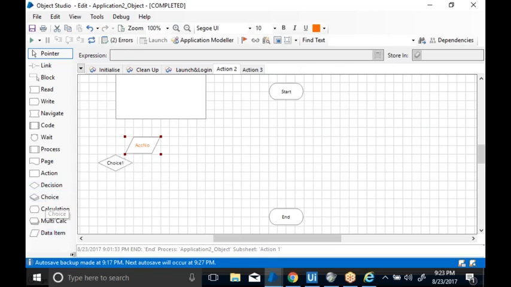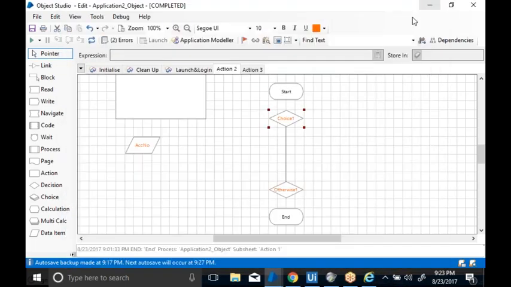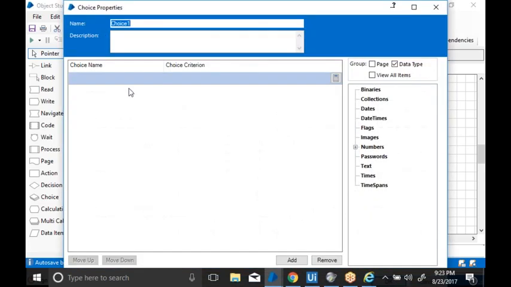Now what is meant by choice here? Whatever the input account number, I am going to get multiple inputs, and I don't know what the input is. Suppose you open the decision. I will not explain the complete thing now, later we will see. Now give this data item.